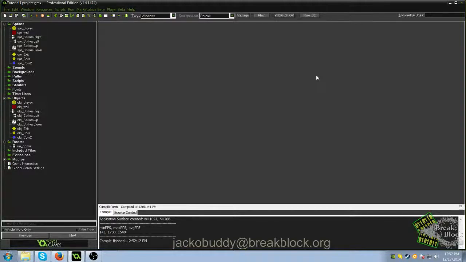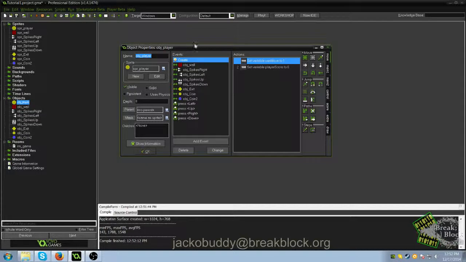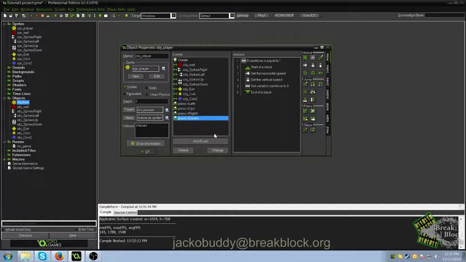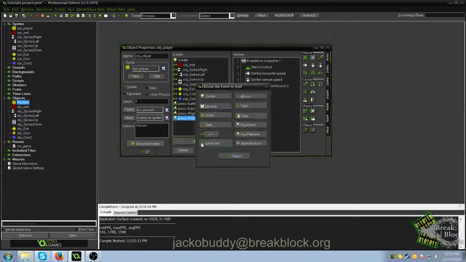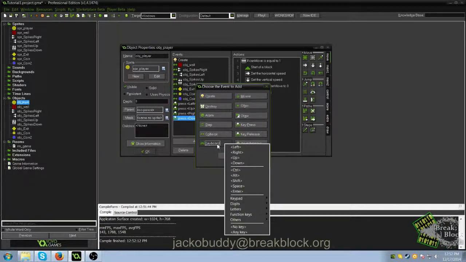So what we're going to do is design this to where the player can restart their game. We're going to go to our object player. And if you recall, we had these press events down here. Now, the issue with the press event, I believe I've talked about this a little bit before, but the keyboard events, whenever it's like left or right, that's assuming that you are